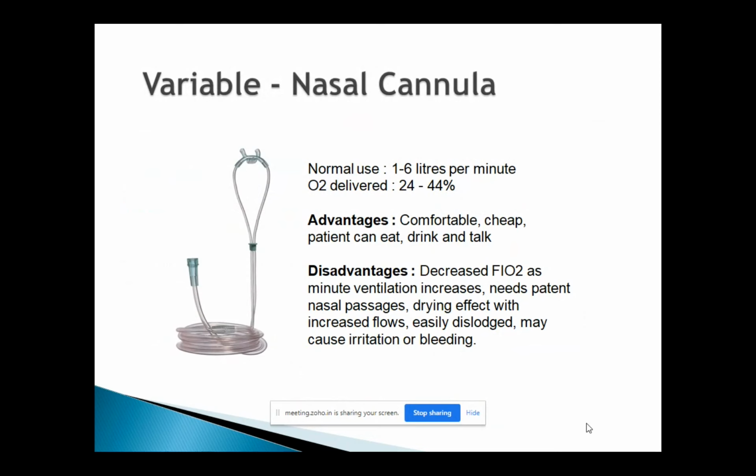If patients are not achieving their oxygen level, obviously the doctors have to be informed. The doctors may have to consider doing a blood gas analysis because something is not right with the patient. So the patient is not improving, and the underlying problem has to be sorted out. So the blood gas has to be done. Then the patient may need to be transferred from the ward to high dependency or ICU. So there is no point in just keeping on increasing the oxygen and causing a nasal bleed and other problems.